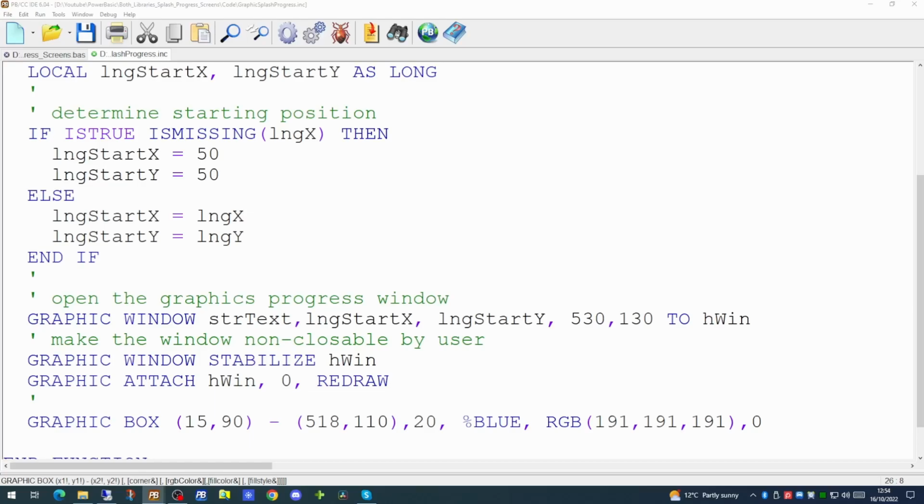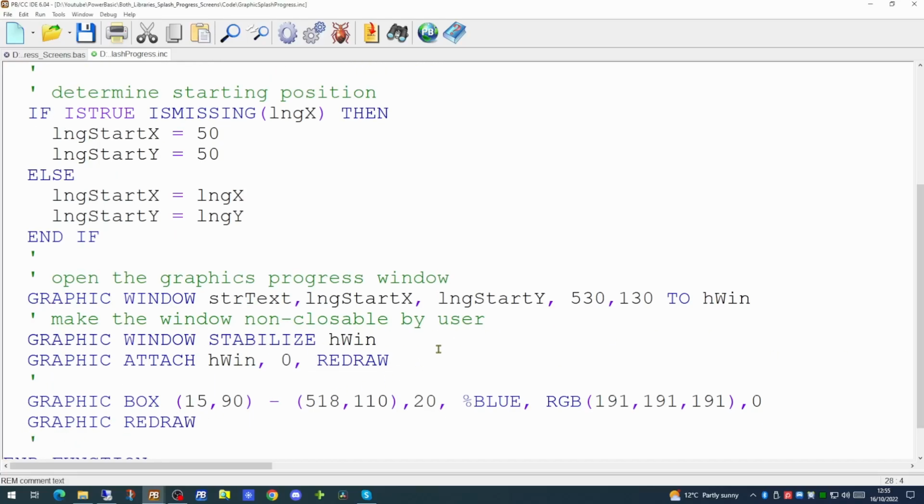We can then designate two colours, the first being the colour of the lines of the box itself, and the next colour is the fill colour of the box. The final parameter in this case is a 0, which means we're going for a fill style of a solid fill. And our final command within this function is the command to tell PowerBasic to redraw the graphics window.